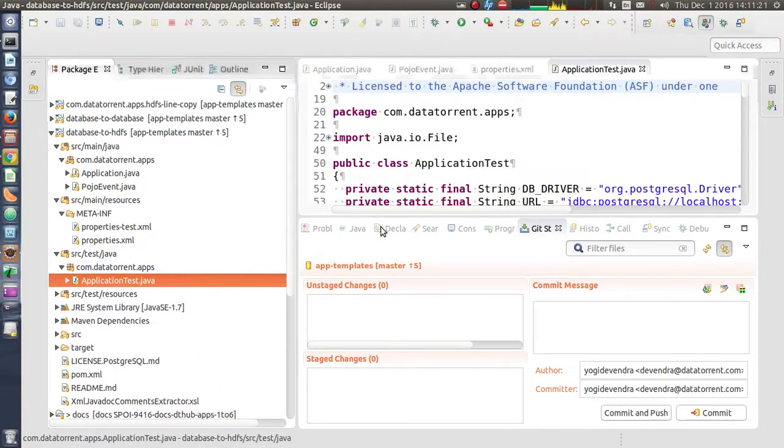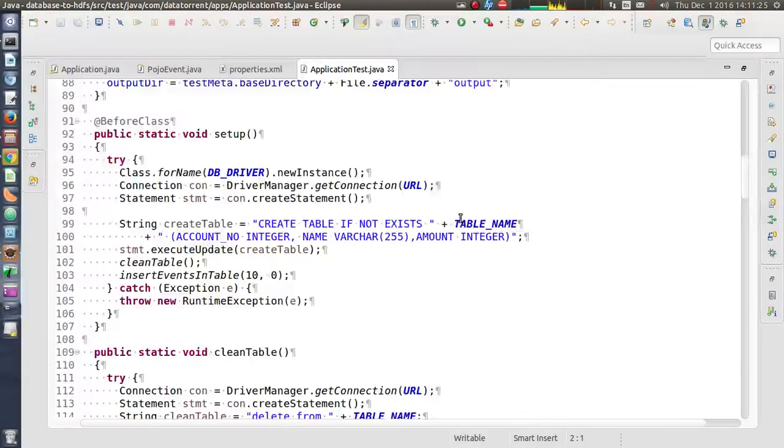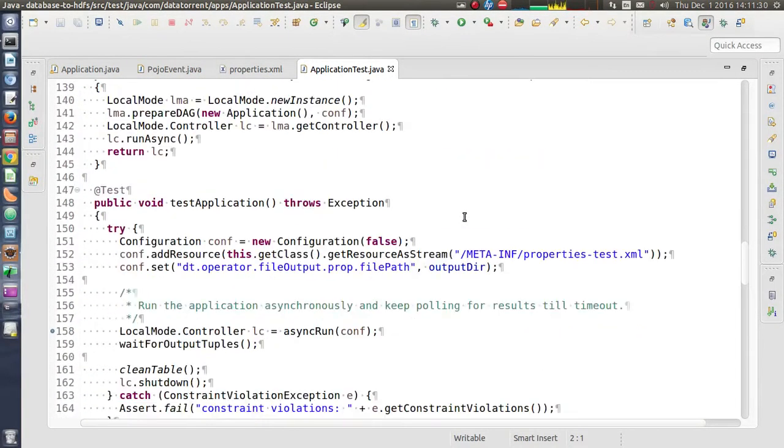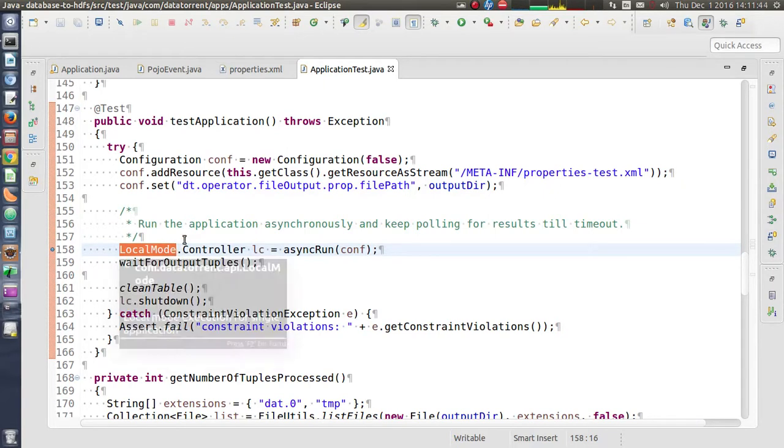Next we have application tests. Here we have something called local mode, which is used for running the unit test or application test in the local environment. It can also be used for debugging purposes.